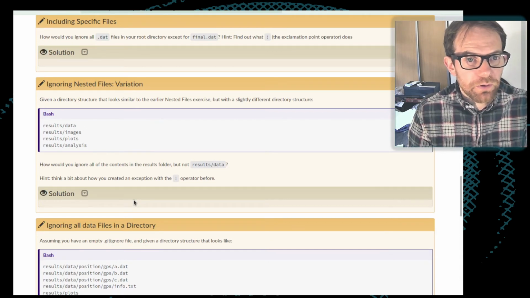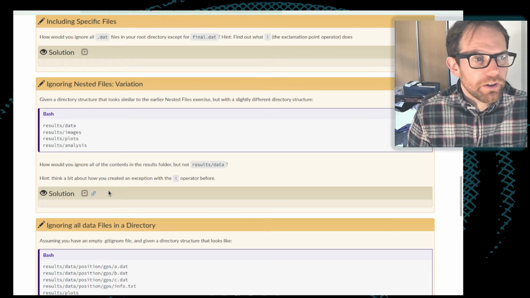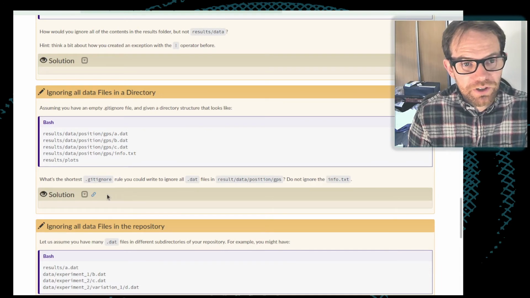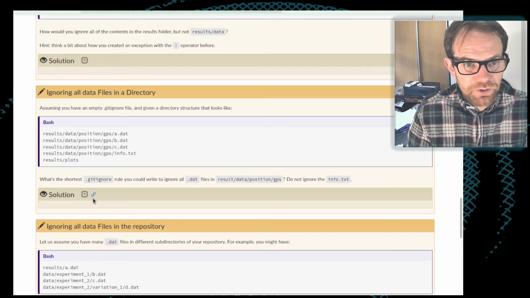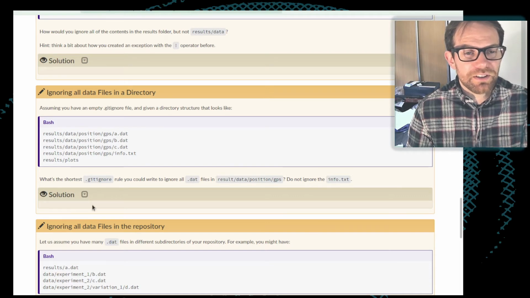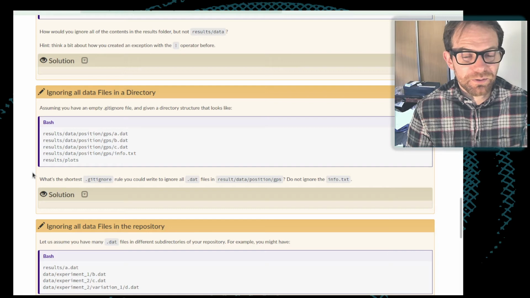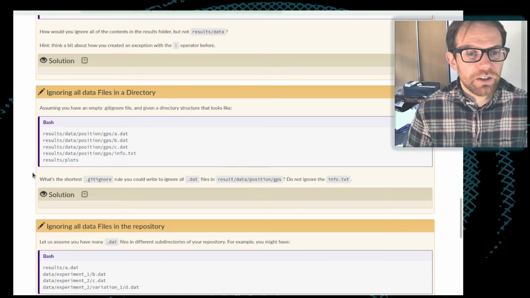So this .gitignore file is the thing which you edit and add to the repository in order to always exclude certain things. You will find there are some good examples of these online where people have made them for specific kinds of projects. So they exist for Python projects, for example, where very typical files which are produced by Python and by various tools which sit around Python are ignored. Likewise for LaTeX. LaTeX is a particularly bad example of a thing which produces large quantities of unwanted auxiliary files in the working directory.